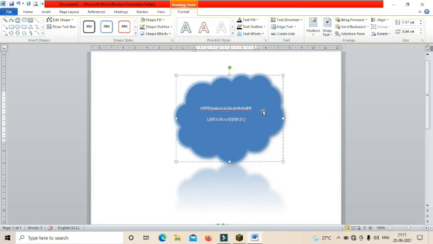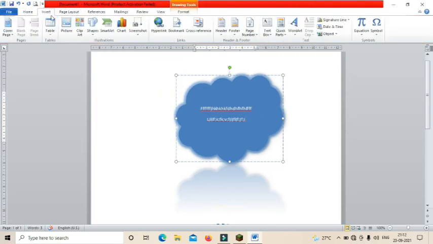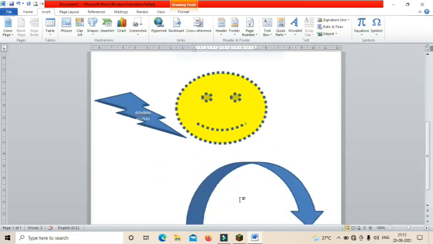So definitely you have to practice all these options after the class. One more option is also present under the insert tab, that is symbols. If we want to write any mathematical expressions or equations in MS Word, we can use these symbols.